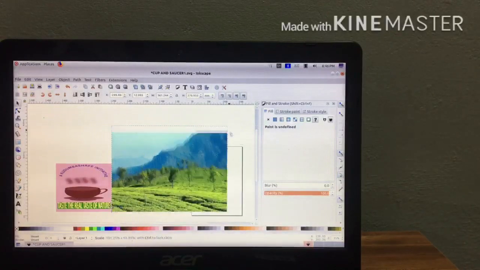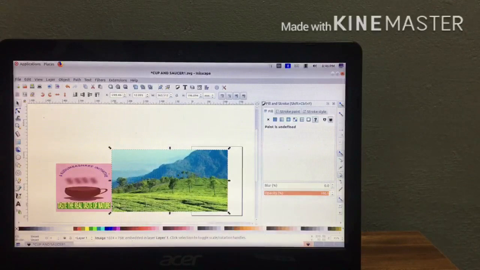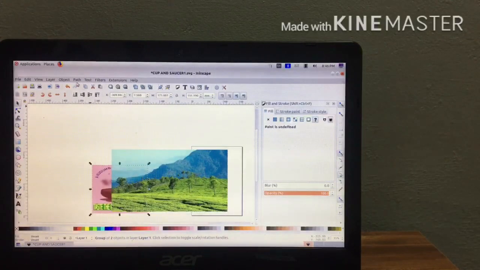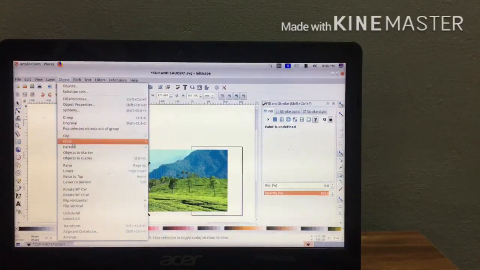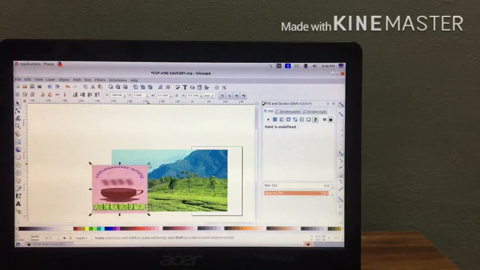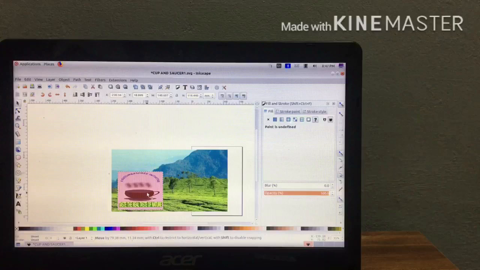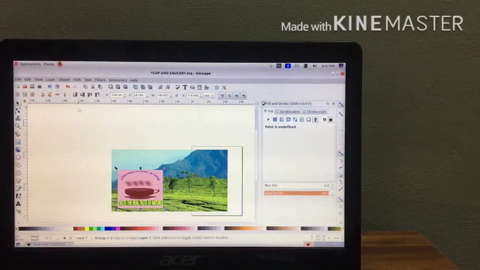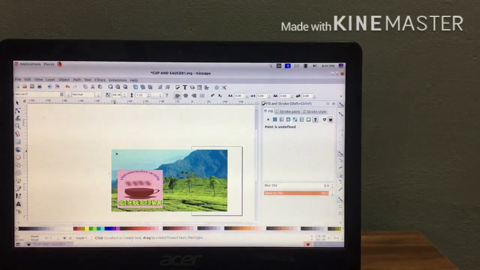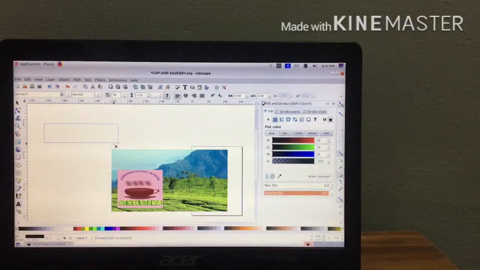Now you have to arrange that background image, then fix that logo above that image. For that, object raise. Then arrange it properly. Then next you have to add one more text, coffee house. For that, select text tool and type the text coffee house.